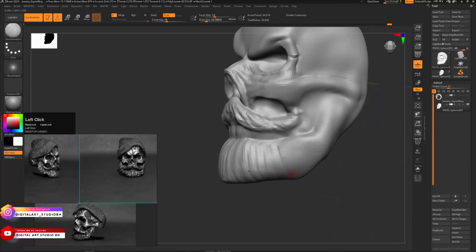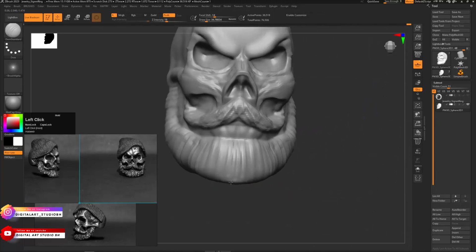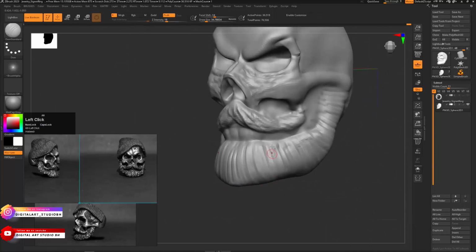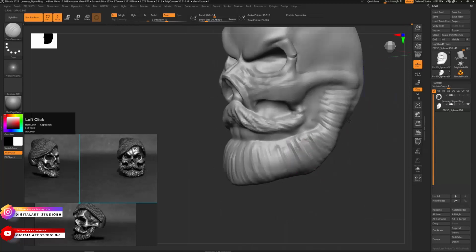This is not a fancy looking beard or something. This is just a damp standard brush which I'm just stroking for the beard. That's it. And if you guys have any alphas or textures which you wanted to use for hair, you can use that. That's not a big deal. That's up to your preference, like what do you want actually. All right,